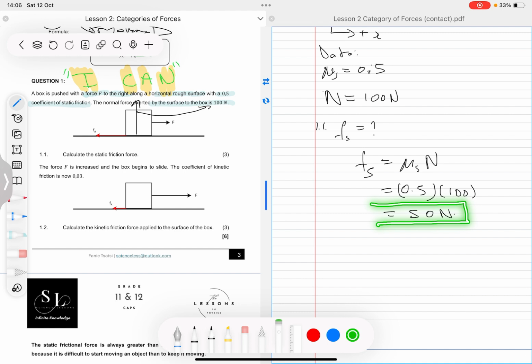Does it make sense? Yes, it does, because we're multiplying our surface. The roughness of our surface is half of that. It's a reasonable answer. It makes sense, right? It makes sense, and it's not something that's too small or too big for a frictional force, right? The other thing that